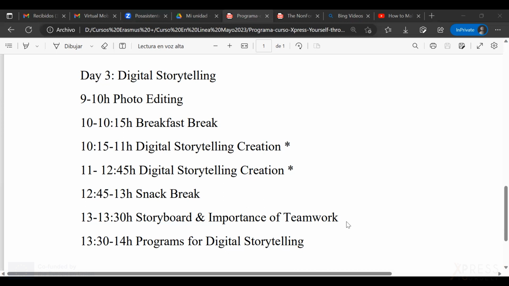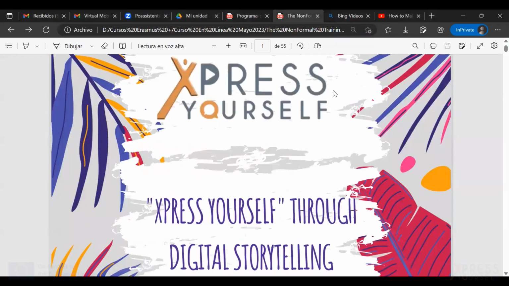That said, we are going to start with the photo editing part, and then I need to switch the presentation. We are here, and then we need to go to page 32.